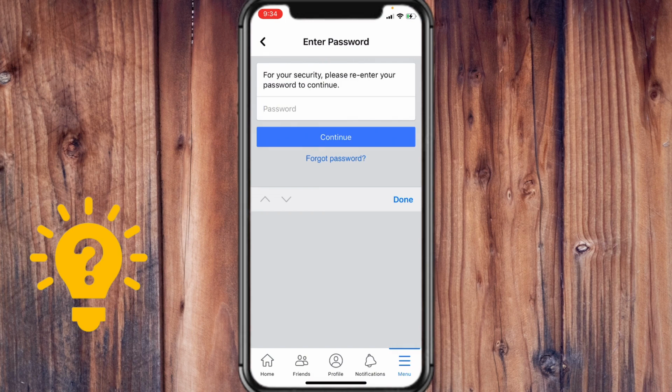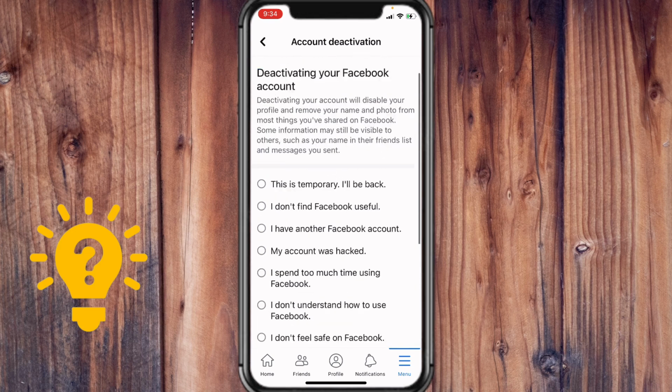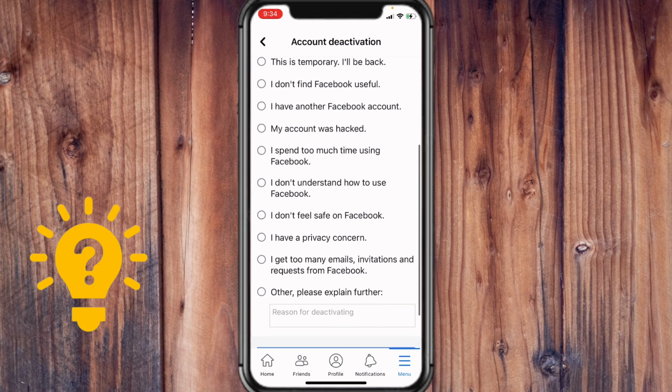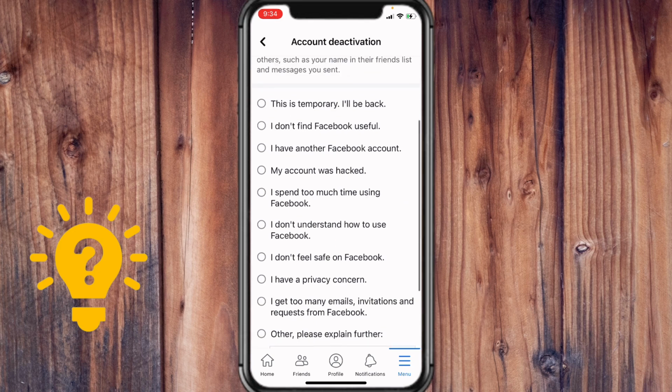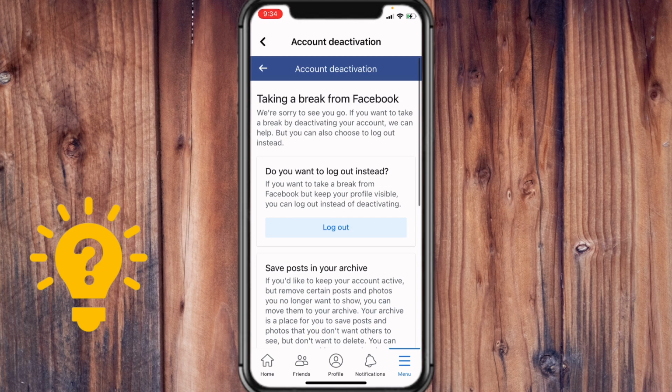And then here, they would ask me to just enter my password. And then here are options that I could choose about why I am deactivating my account. So if I choose this and tap on continue,